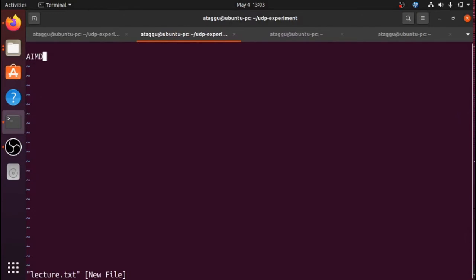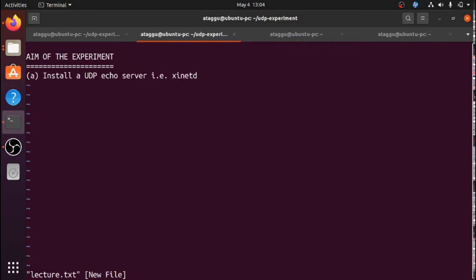So the aim of the experiment is, part A, to install a UDP Echo server, that is XINetD. Okay, that's number one.